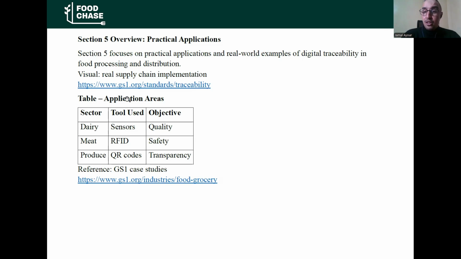But in this table, we summarize some of these examples for different sectors, for example the dairy sector, the meat sector, and produce and general sectors. We use tools such as sensors, RFID, or QR codes. The objective in general of these new tools is to improve quality, safety, and transparency, and create high product quality and trust